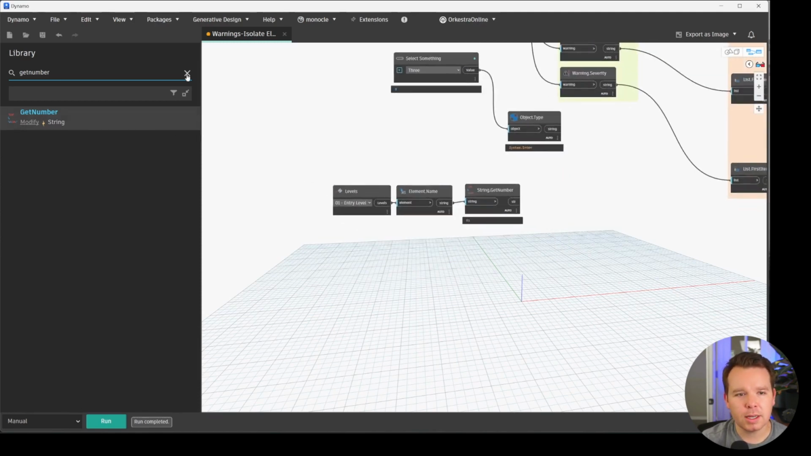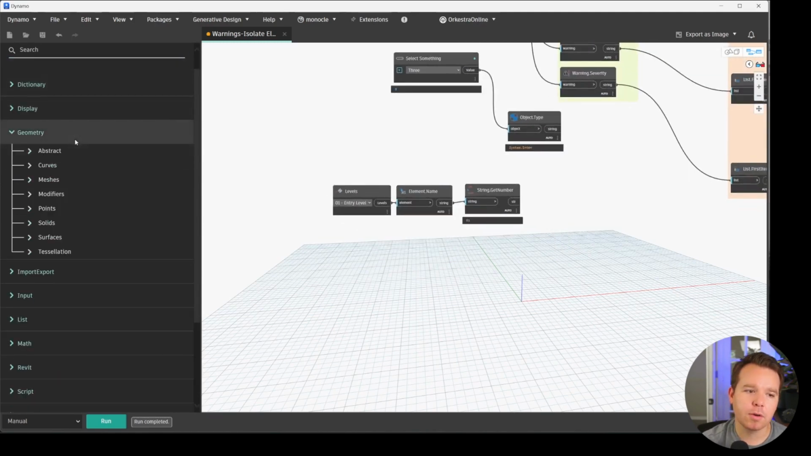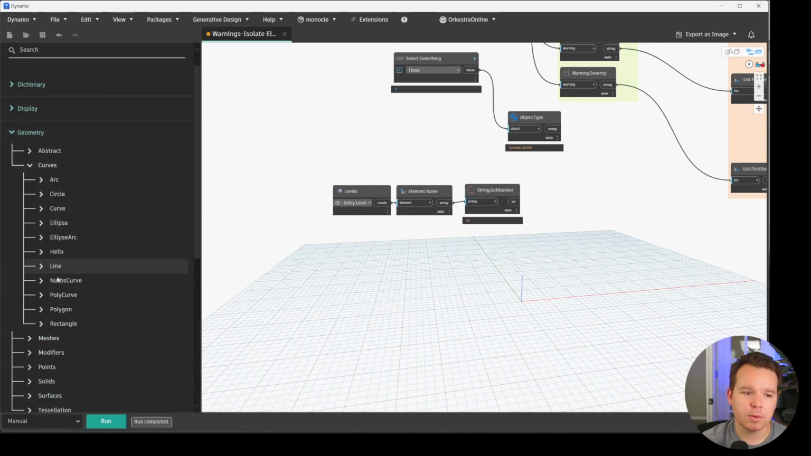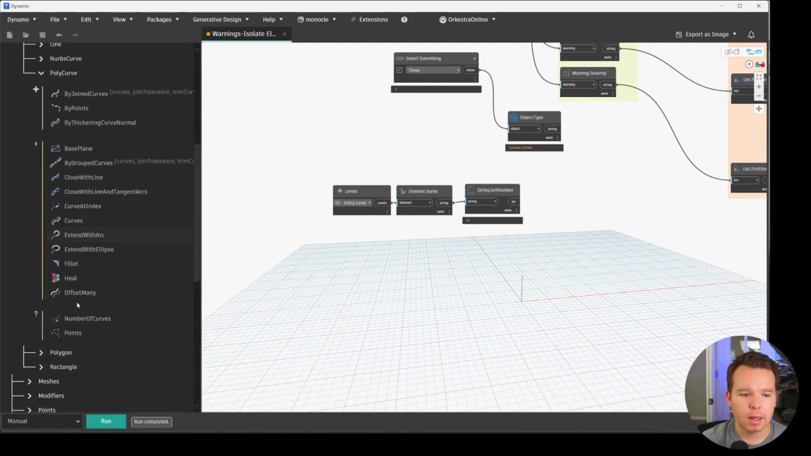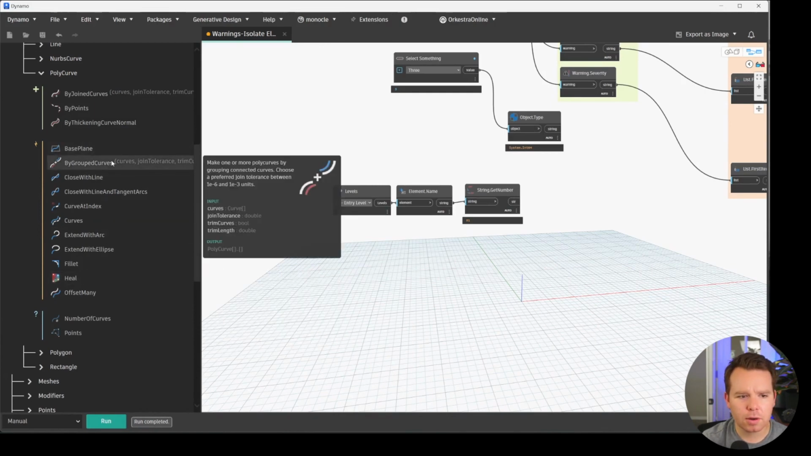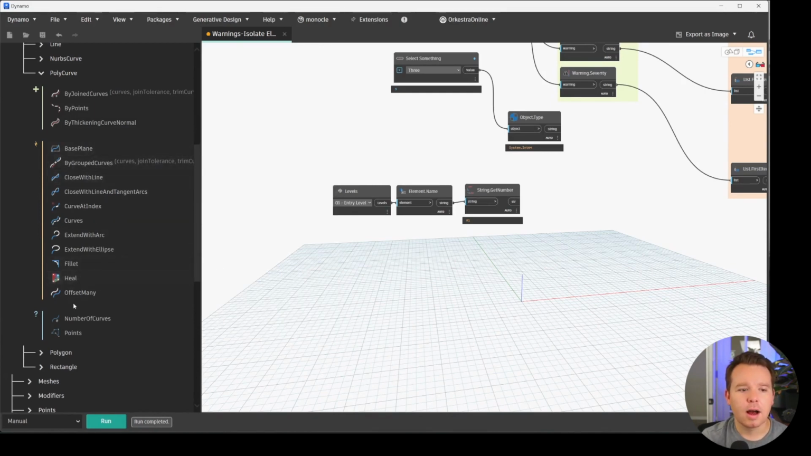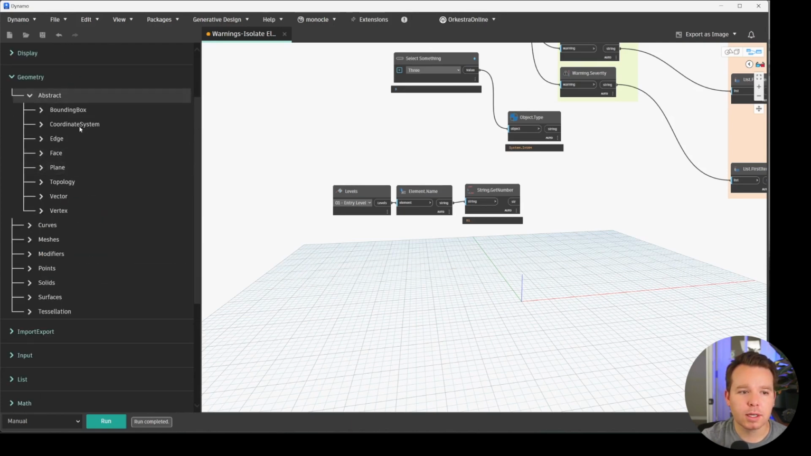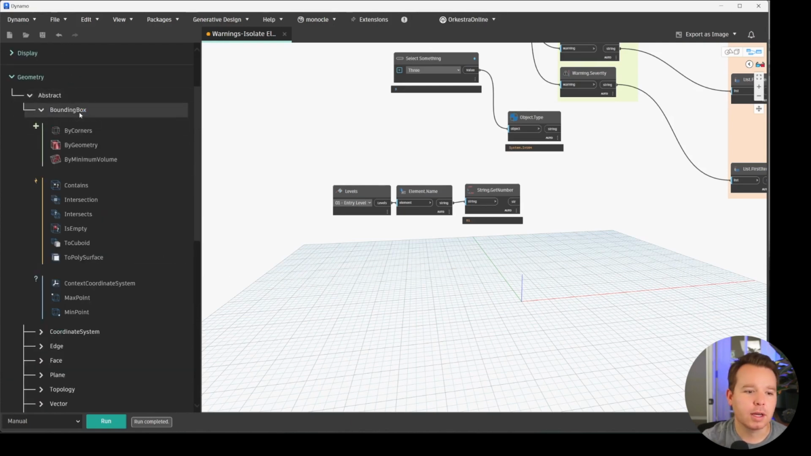Another pretty neat node in here are the polycurve nodes. I won't go into all these examples, but I will open the category to show them. They have a node called heal. They have another one that's by grouped curves, closing with line, offset fixes, things like that. Those are in the blog post, which I linked below, so check that out as well. And that's pretty exciting. Another one that's really exciting under the abstract category is to get a minimum volume bounding